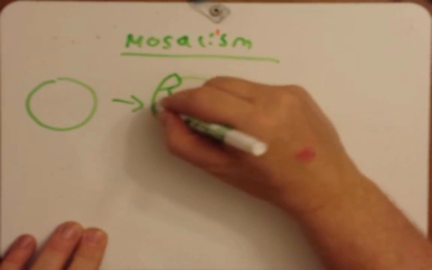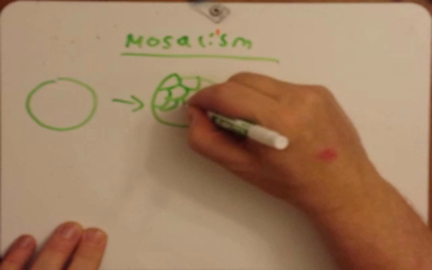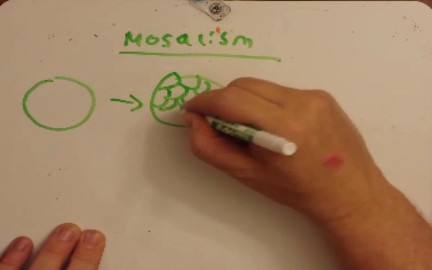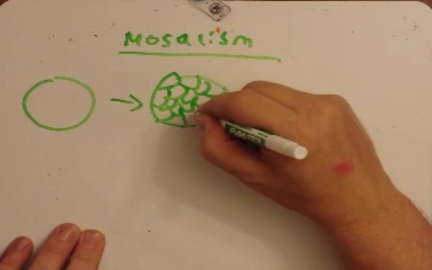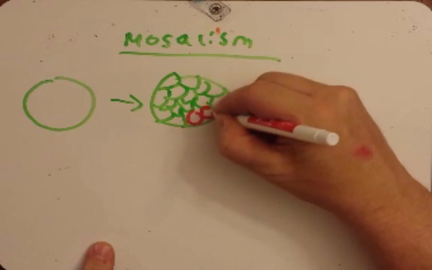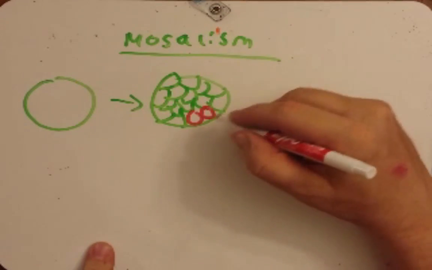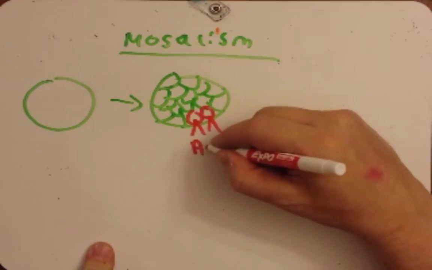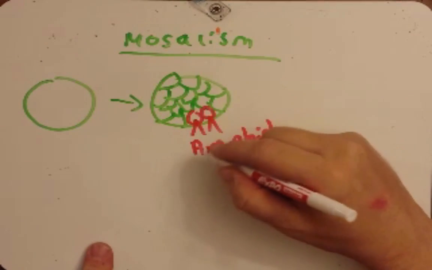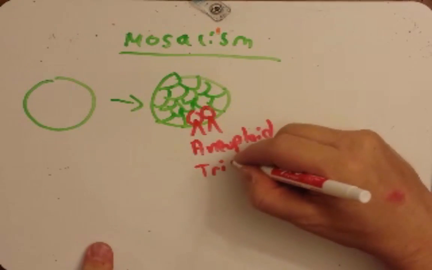And we end up with lots of cells here, all doing fine. But this one here, or these 2 here, they form some sort of aneuploid. Let's just say it's going to be a trisomy